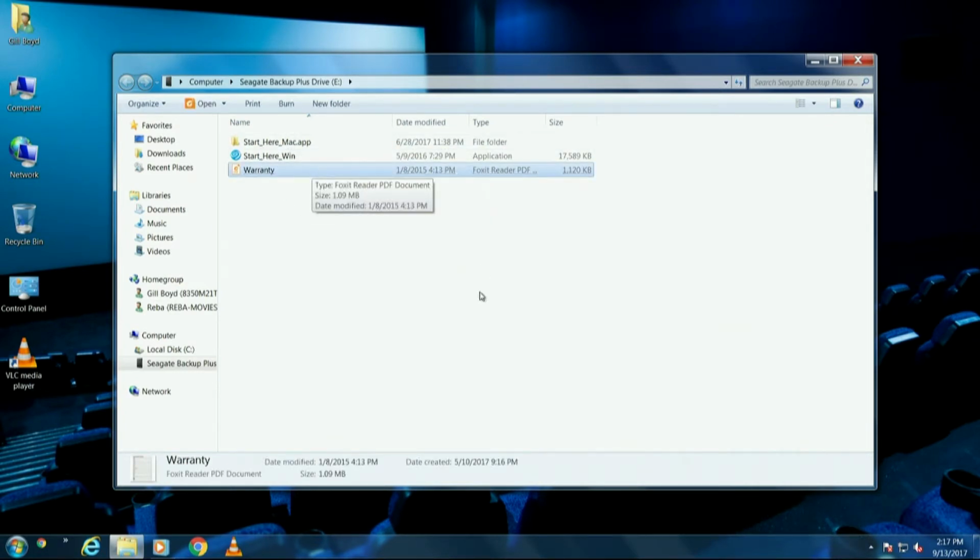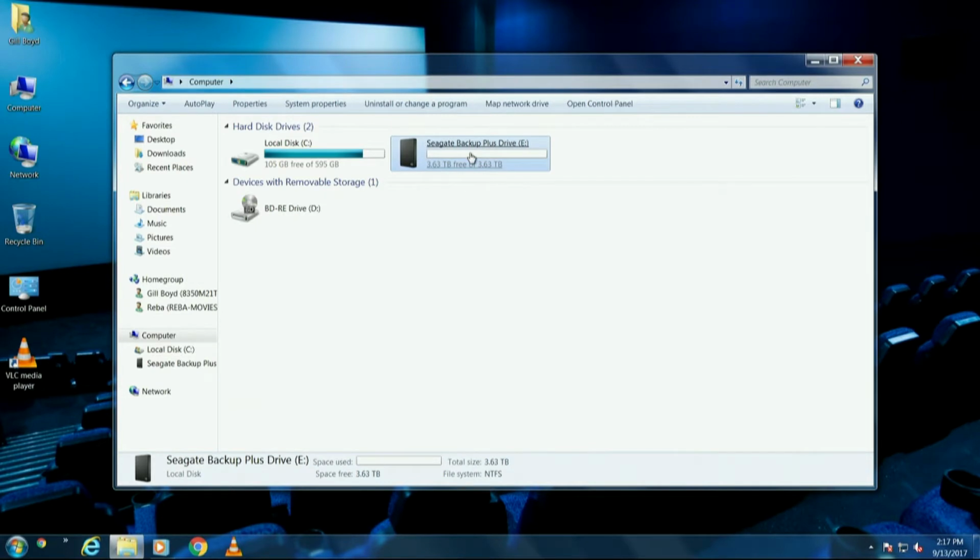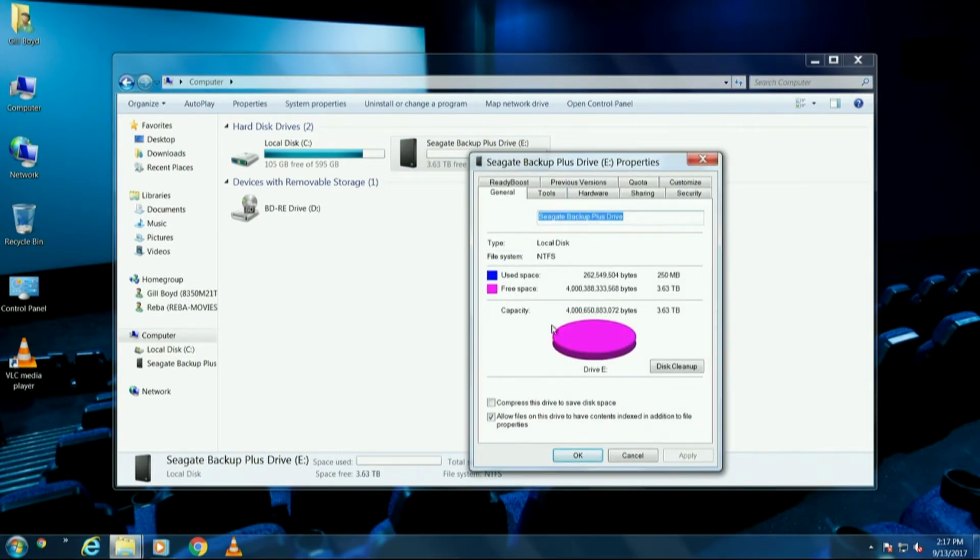I've read about some people having difficulty with the Mac driver. I don't care about that. What I want to do is back out to my computer. I'm going to right click on this, and I want to check the properties of this particular drive. Now what we're looking at, this is really interesting. This is an NTFS drive, and it is use space 250. There's 3.68 terabytes, but the fact that it's NTFS,